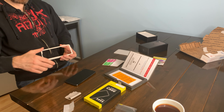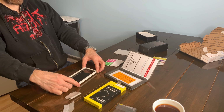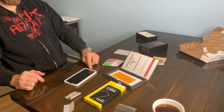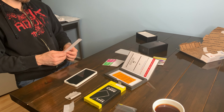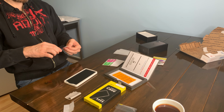And then just by putting this on, I might actually put more dust particles on there. And it actually says top right here. So that's why I'm placing it in this way. So here's the screen protector. As the last video, I will take the film off